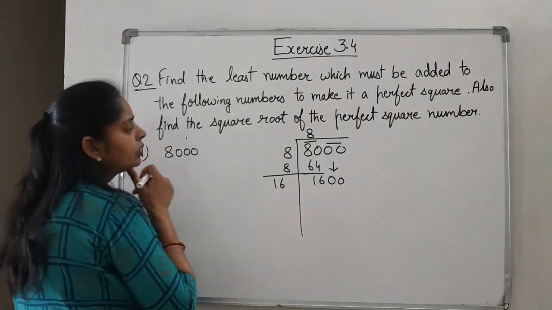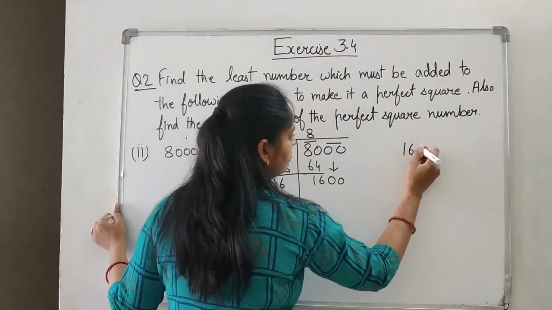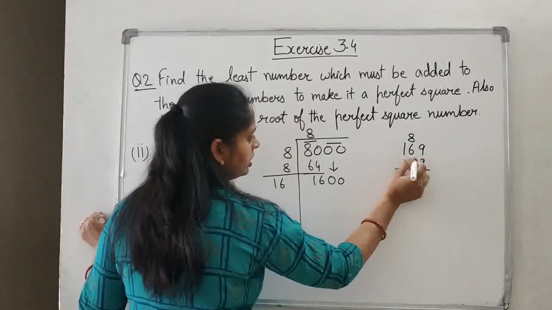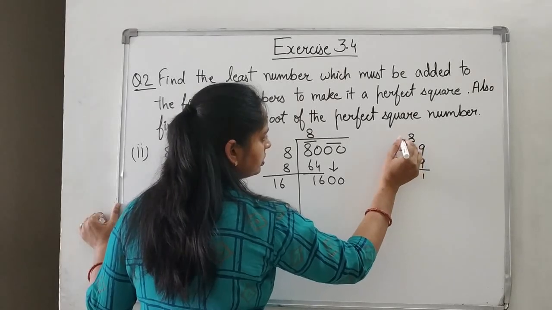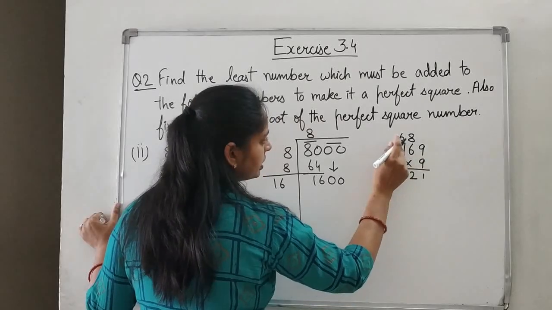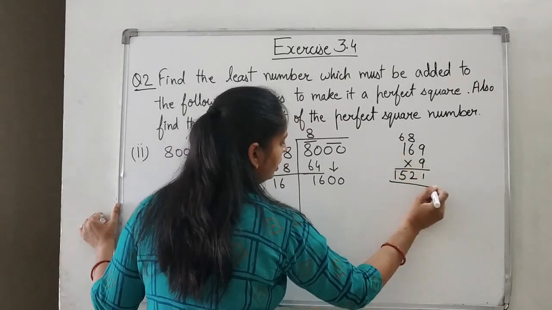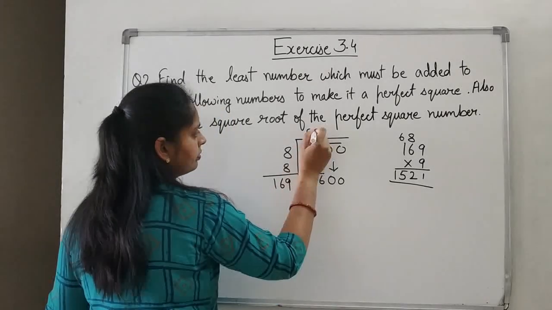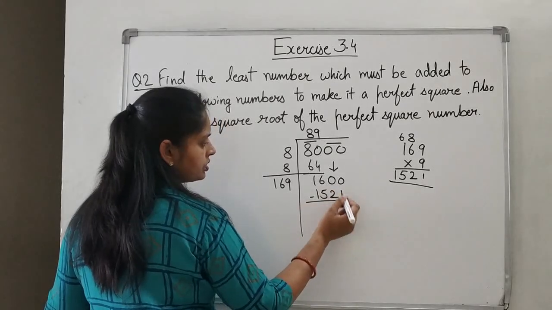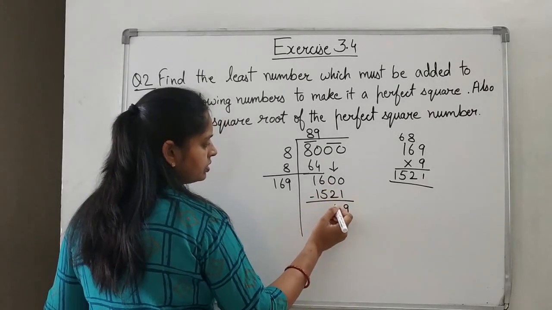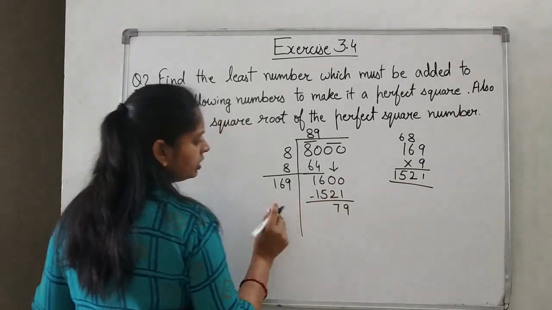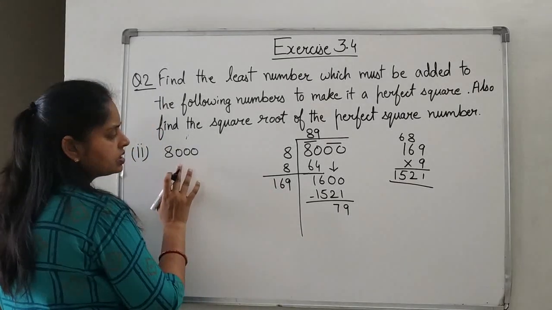16 I am having. So I can go for 9. 9 9s is 81, 9 6s is 54. 54 plus 8 will give you 62. 9 plus 6 is 15. So 9 2s is going, 1 5 2 1. Then subtraction, 10 minus 1 is 9. 9 minus 2 is 7. And that's it. Right? 79. But 79 cannot be subtracted.